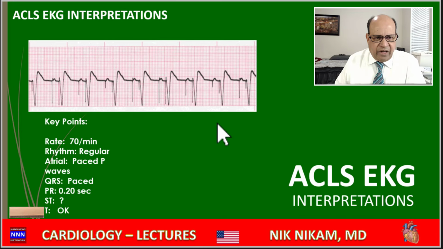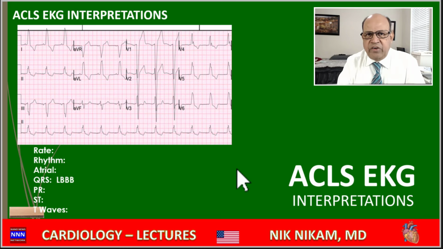All right, here's an example of a patient with a pacemaker rhythm. We see two spikes. We see a spike before the P waves. So we have an atrial lead activating the atria, producing the P waves. Then we have a ventricular activation producing the QRS complex. So this is an example of an AV sequential pacemaker.